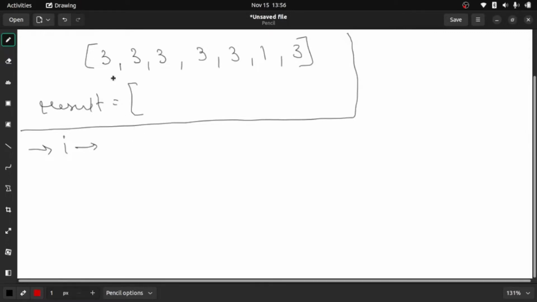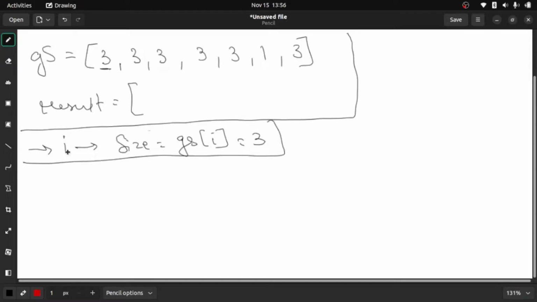For that what we'll do is, let's say this is given as group size, let me write it as gs, group size. We will assign gs of i, the group size of i, to a different variable, that is in this case 3. After that what we'll do is, in our inner loop, that is the jth loop,